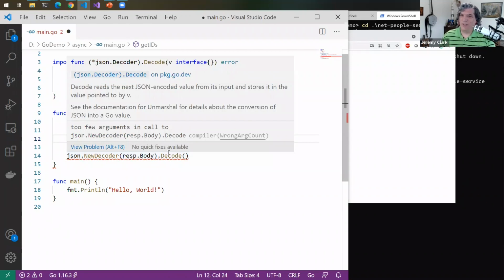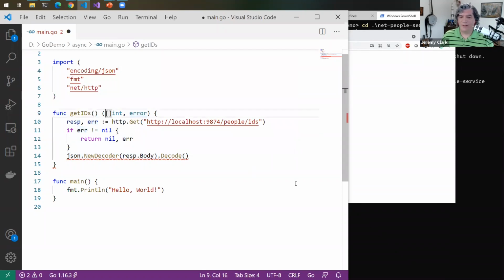One thing that we can do, which is interesting, and I'm not sure if I like this or not, we can name our return values. So I can call this IDs and I can call this err for the error. And now this error that I have here is actually the same thing that I have here. And so now I have in my scope a variable called IDs, which is a slice of int. And I can now use this in my code without explicitly declaring it because it was declared by the return type. I'm not sure if I like this or not,